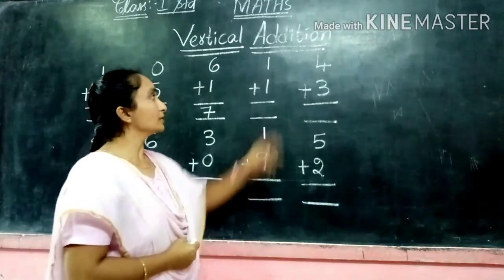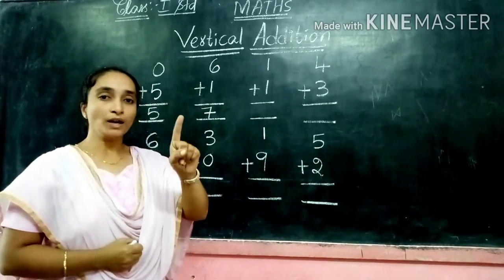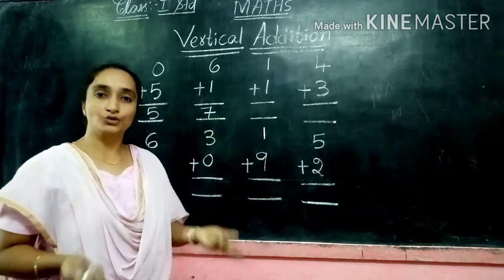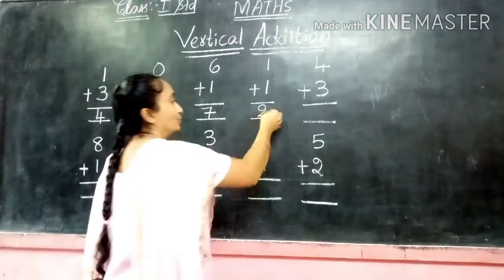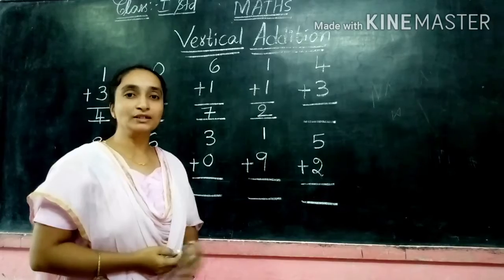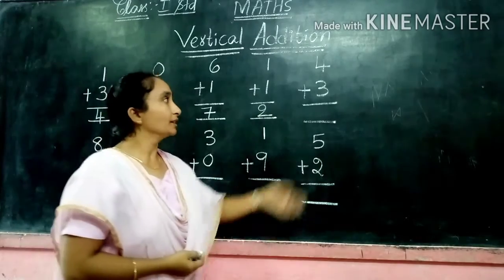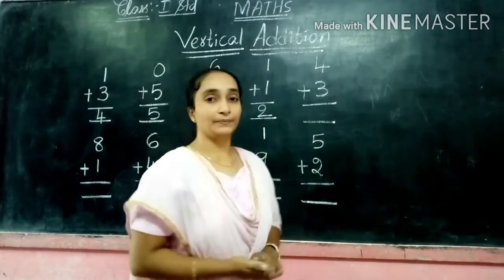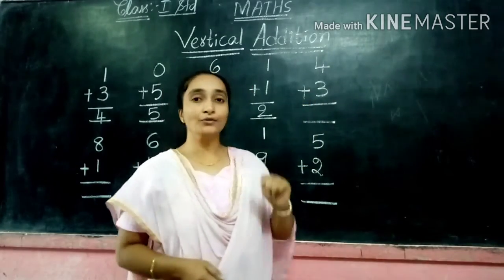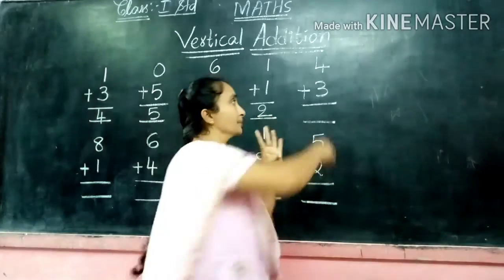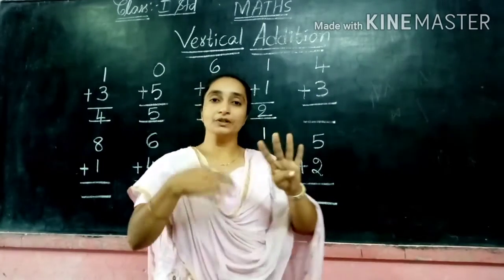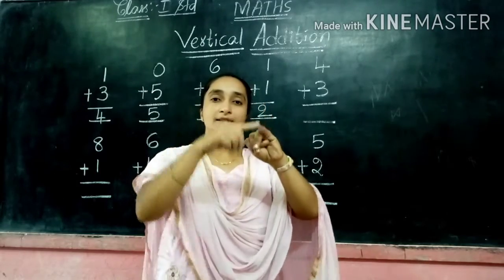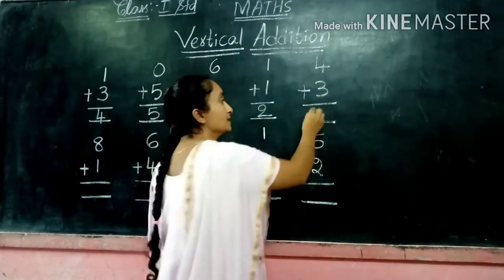Now here we can see, children, 1 plus 1. How much? 2. So after 1 is 2. Very easy, no, children? Within 2 minutes we can finish all this. Now 4 plus 3. So children, here we can take the 4 fingers. Take 4 fingers. The second number here we have the 3. After 4, 5, 6, 7. So the answer is 7.